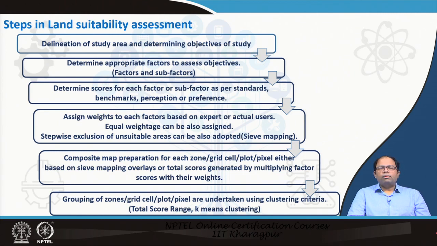So we can also go for other techniques like k-means clustering, where we can say that the entire range has to be divided into 4 clusters or 5 clusters based on our requirement, and then based on the scatter plots, or based on the spread of these different values, it can create those clusters in appropriate ways. So this is another method in which we can group those cells and represent them eventually in the map, showing which part is suitable and which part is not.